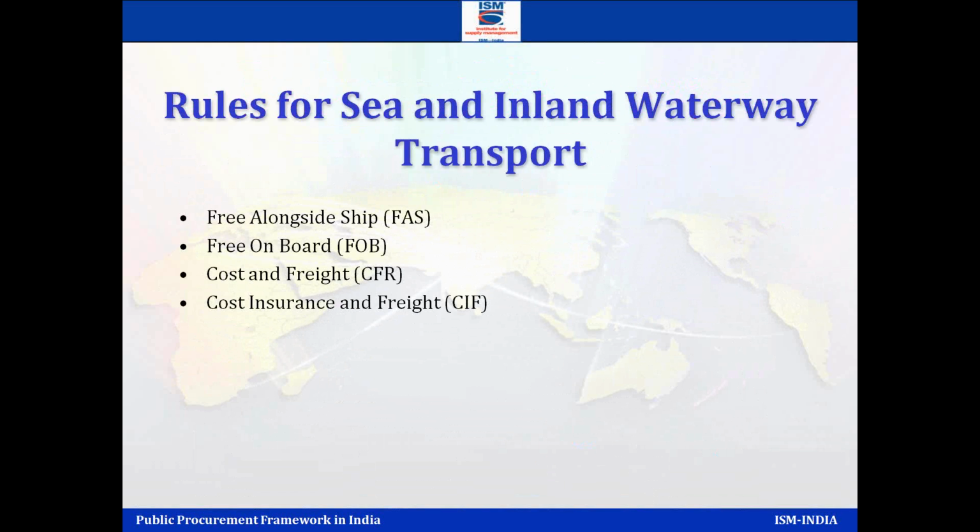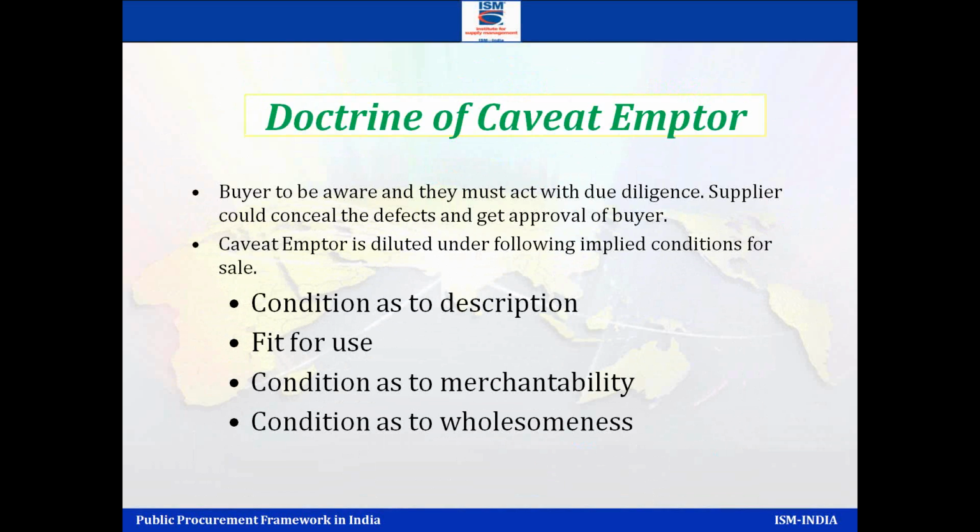There are others we also use for shipping purposes: FAS, FOB, CFR, CIF. If you're sending the goods only by water, then use these. But in today's world, we use multi-channel transport. The items come by truck first, then by train, go to the port, from port to port, then are unloaded at the port, then go into a truck, then into a train. You can imagine the wide range of modes of transportation, so the shipping documents change accordingly. This is another one, the Doctrine of Caveat Emptor. This is very outdated, an old one.